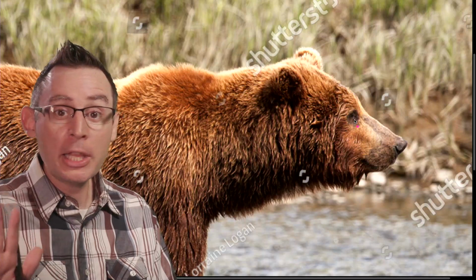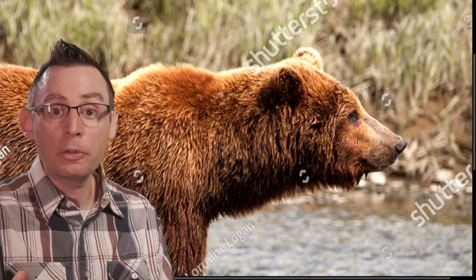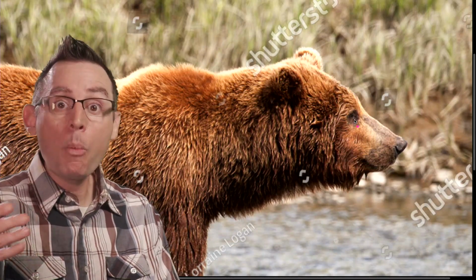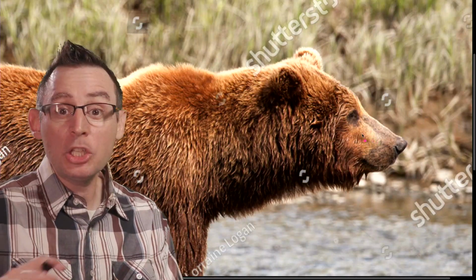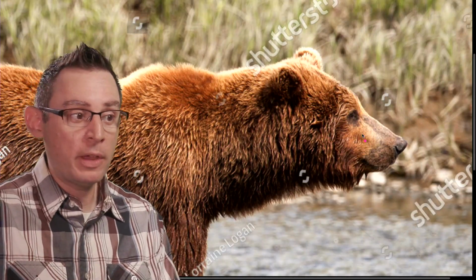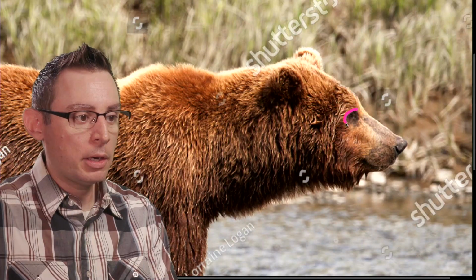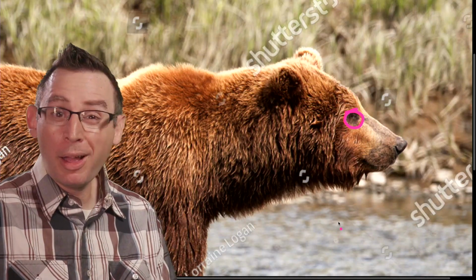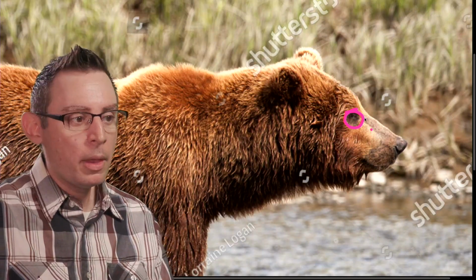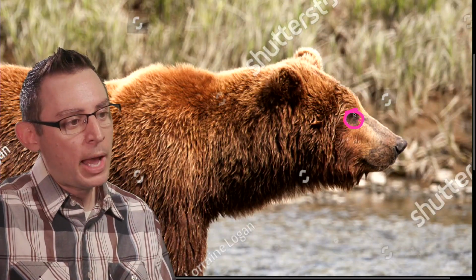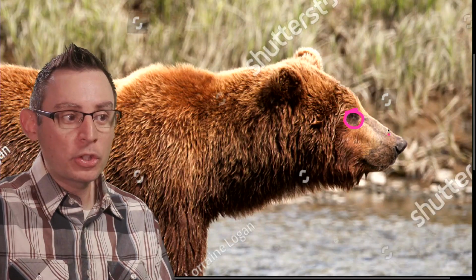And the first thing that I do, naturally, is look for the eyes. Where are the eyes? How big are the eyes, and where are the eyes placed in relationship to other anatomical features in the face itself? Now for the grizzly bear, here it is, check it out. They got pretty small eyes. They're not huge cartoony looking eyes. They're pretty small. And specifically, that eye is in the middle of a skull.